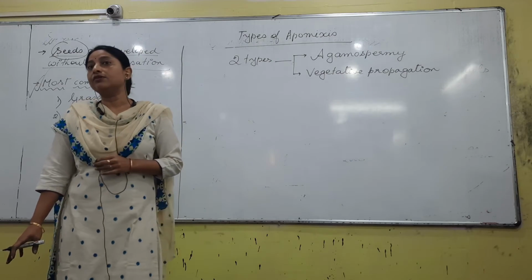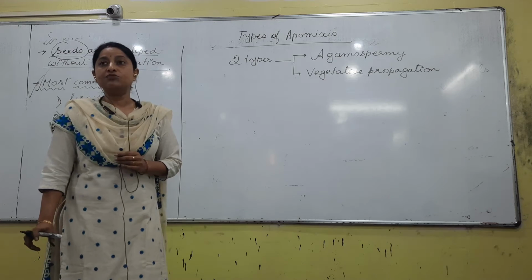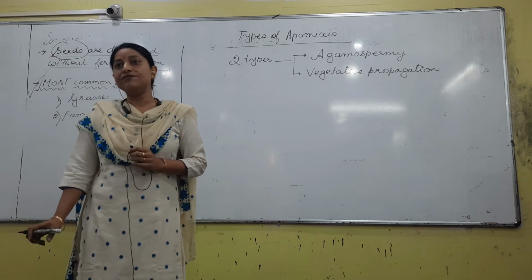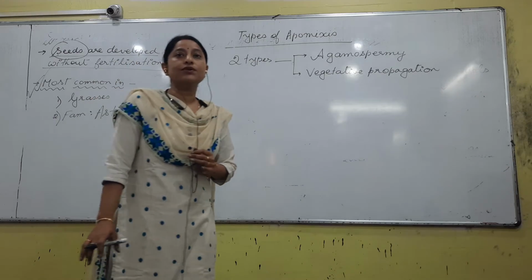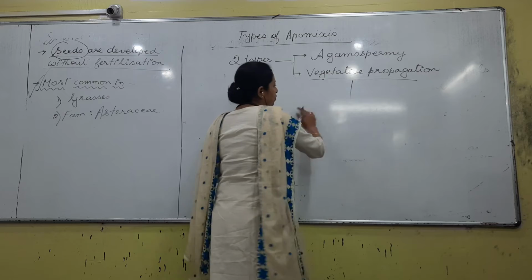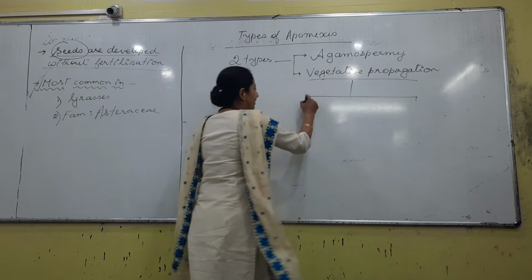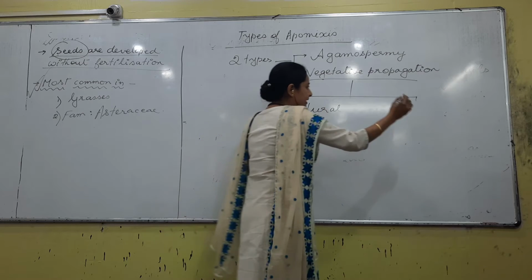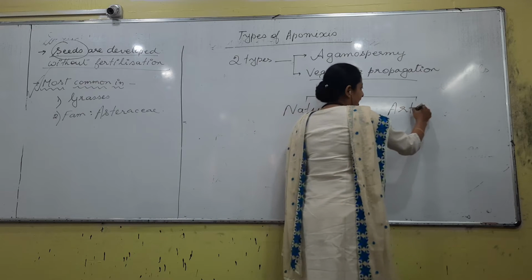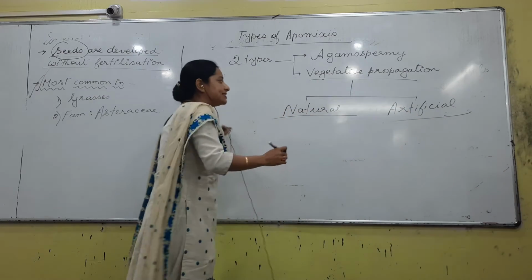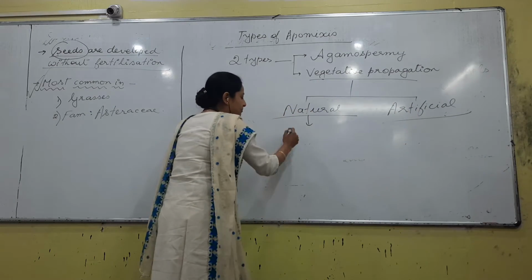And whenever we talk about the vegetative part of a plant, which parts are we talking about? Stems, roots, leaves, etc. Everything except the flower is considered a vegetative part. So whenever we talk about vegetative propagation, we have already talked about natural vegetative propagation and artificial vegetative propagation. Natural vegetative propagation of what we have talked about is